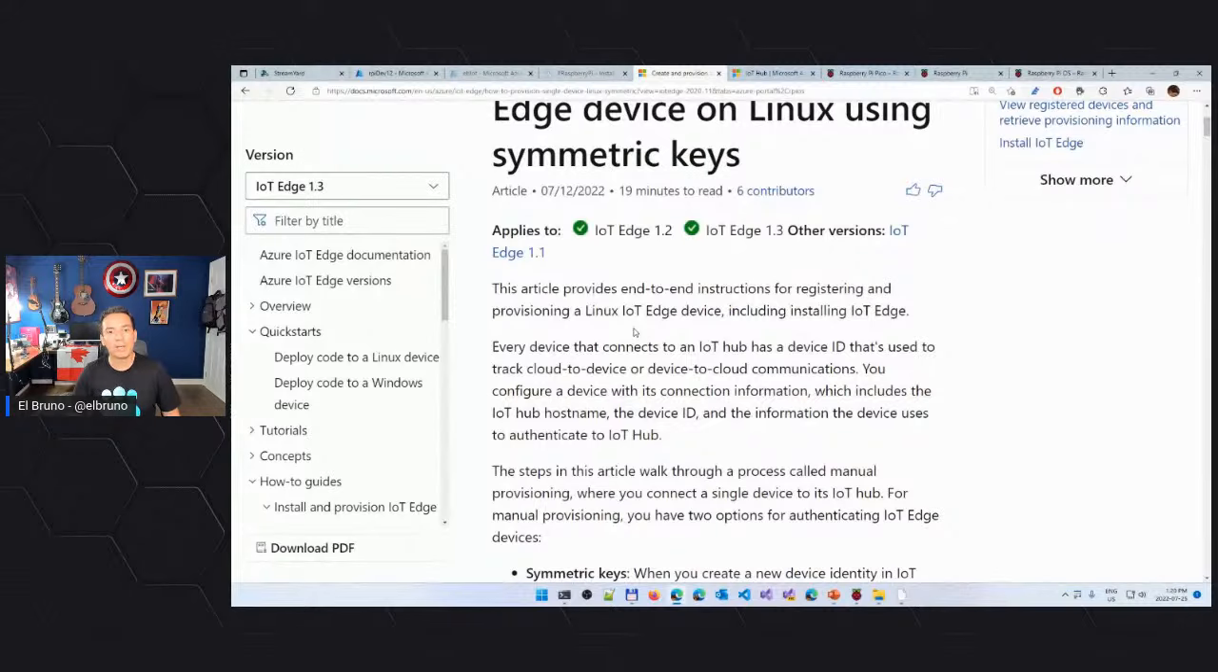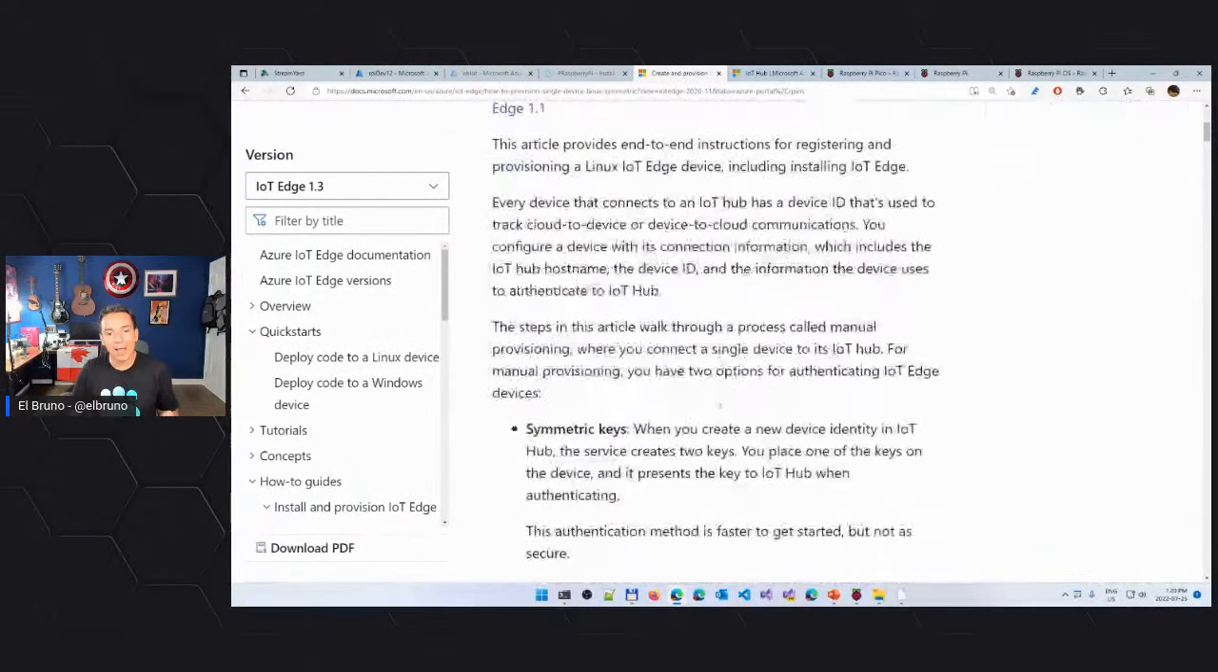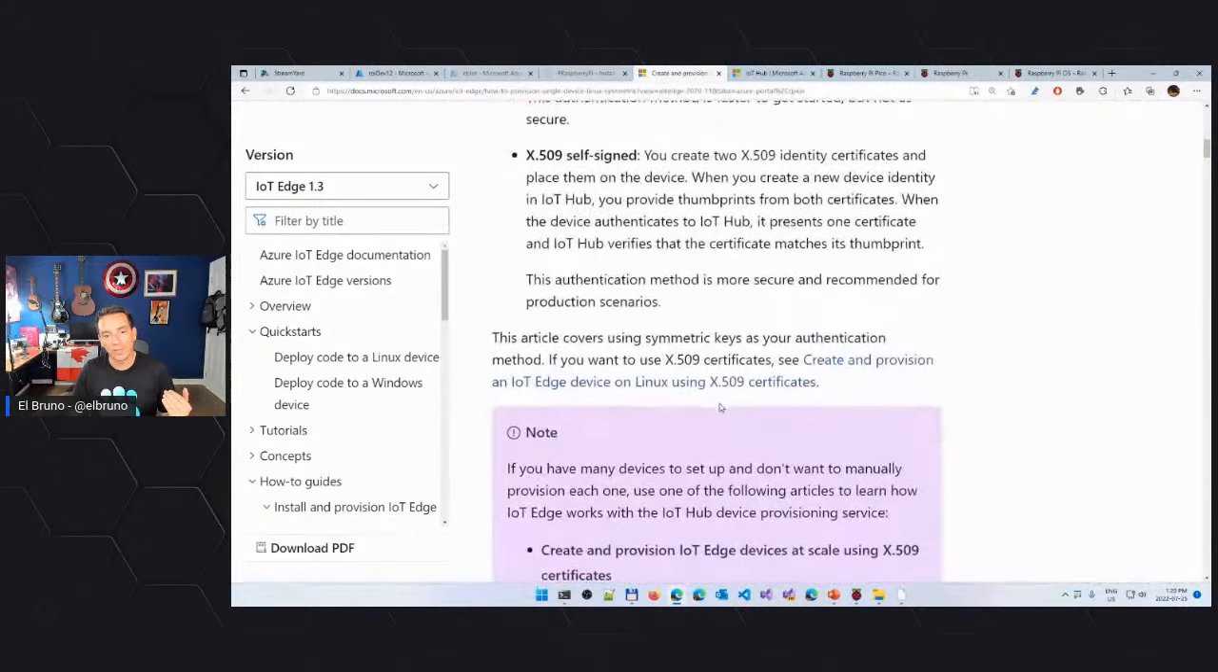This tutorial basically explains how to create and provision an IoT Edge device on Linux using symmetric keys, which is basically what I just said. So this is kind of cool. And if we start to read the